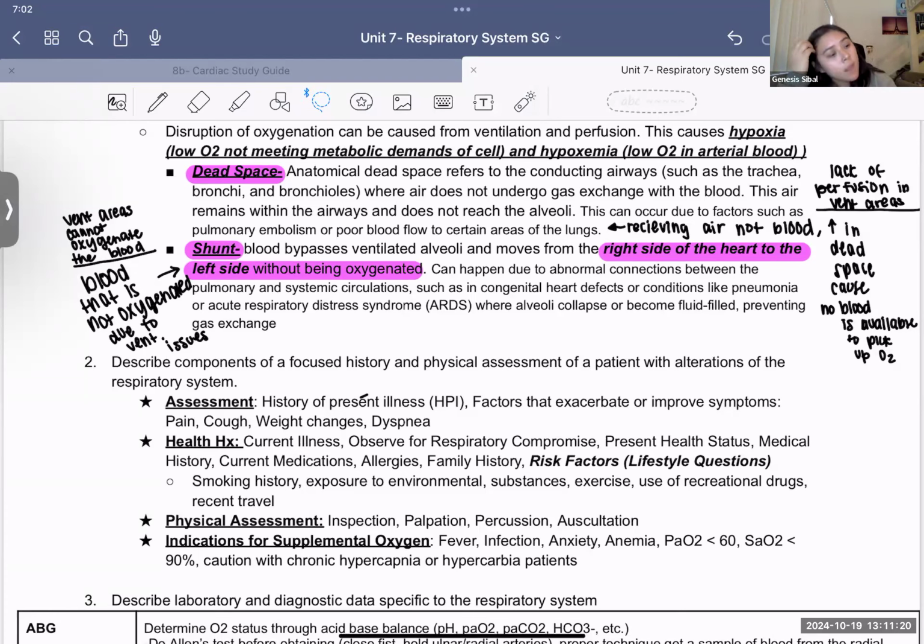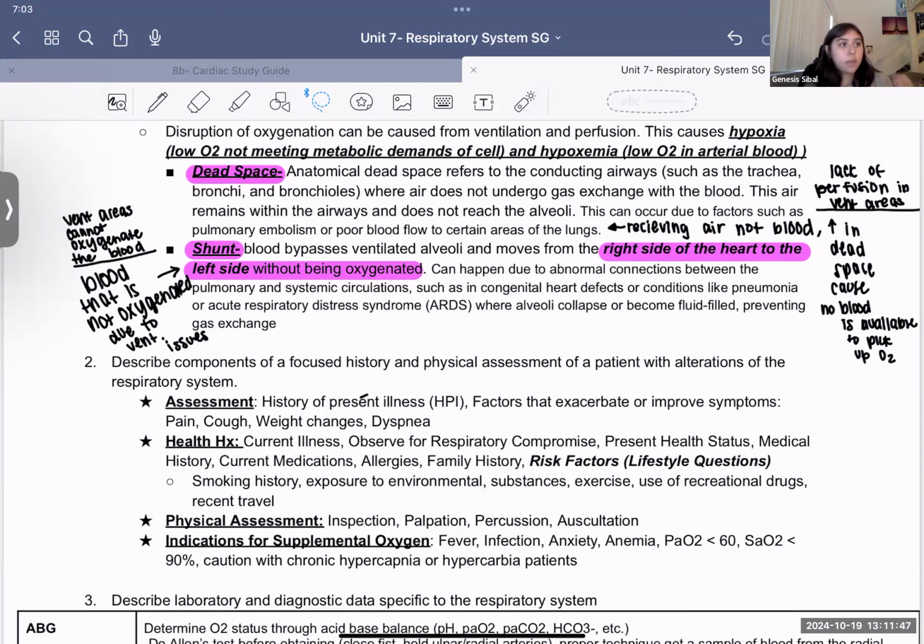So when we're talking about factors like PEs or poor blood flow, we're talking about differentiation of that dead space. So for an example, with dead space, there's lack of perfusion in ventilated areas. So basically like a PE,